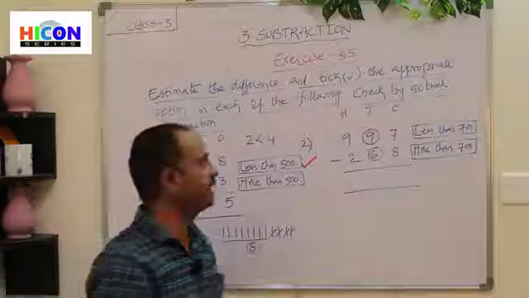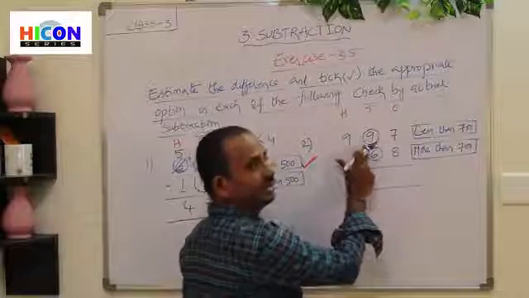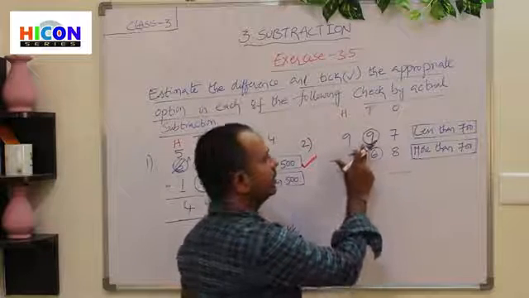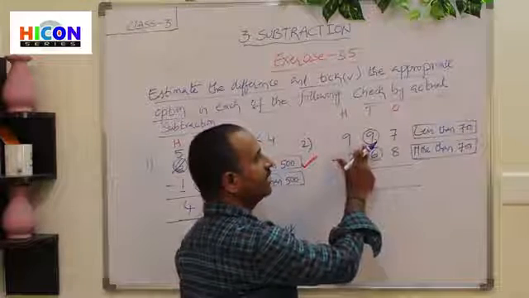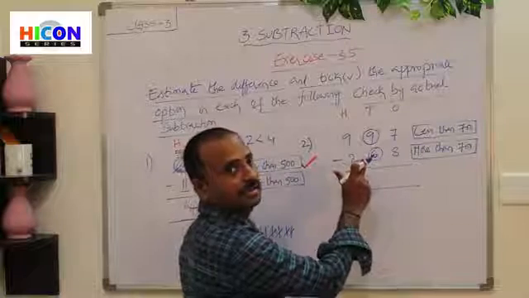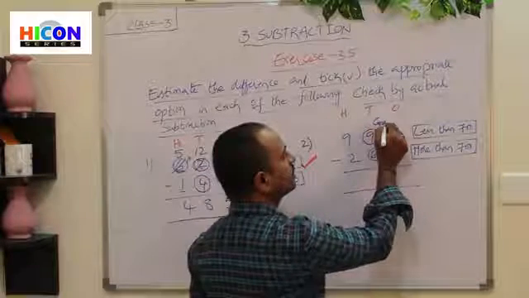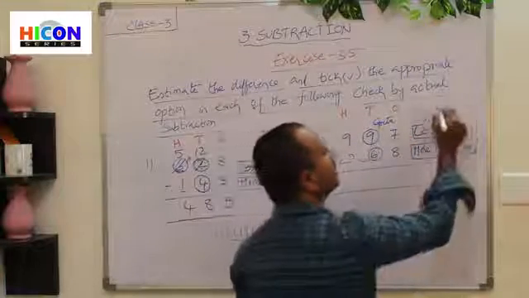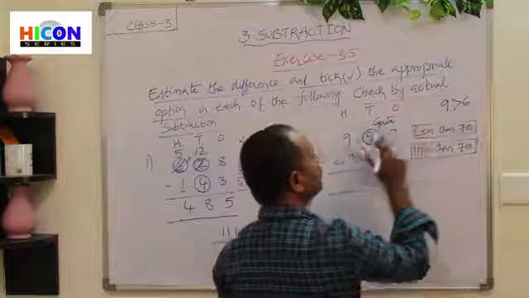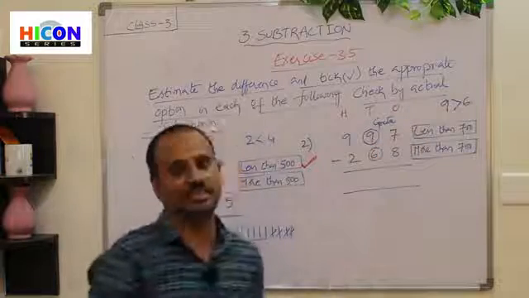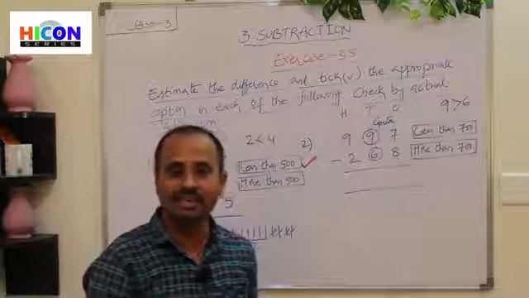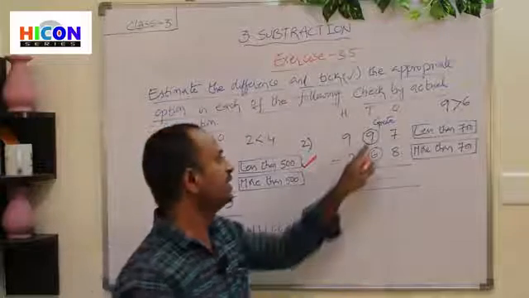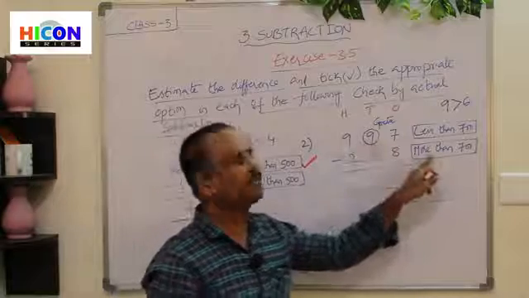It is the simple technique. In the first number, the second digit is 9. In the second number, the second digit is 6. So identify whether 9 is greater or less than 6. 9 is greater than 6. So if the first digit is greater, then the estimation is also more.